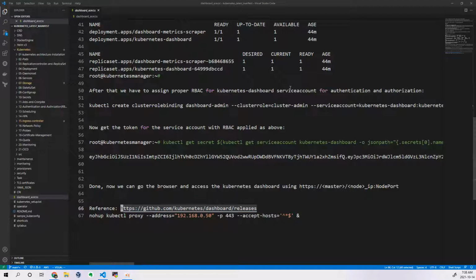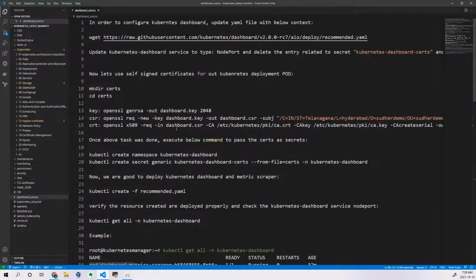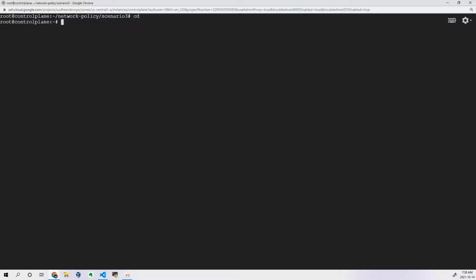Before deploying it, actually, if you want to do some changes, let us discuss that. Earlier, what I used to do, instead of deploying it directly, I used to do some changes. What is that? I used to give proper certificates for them to communicate. Okay, so let us follow the same thing. Okay, how to do that and all, let's see.